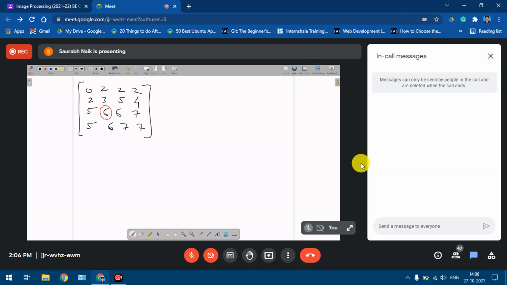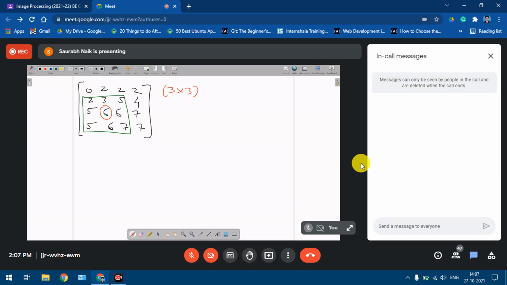Okay, then I'll come back to each of these and explain why exactly that problem comes into the picture. So first we'll see how exactly we have to calculate the median. If I want to calculate the median at 2, 1, that is of value 6, and let's say I'm using a median window of 3 by 3 size. I have to consider all of these pixels surrounding the pixel whose value is to be calculated. If I put a 3 by 3 matrix on it, centered at that pixel,